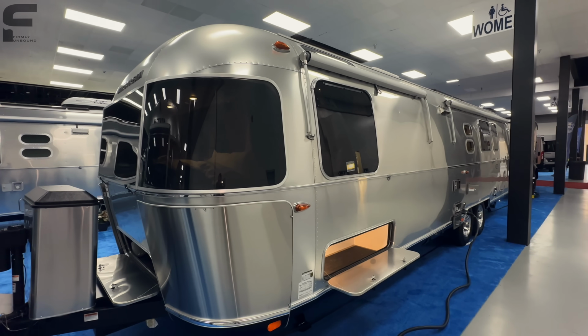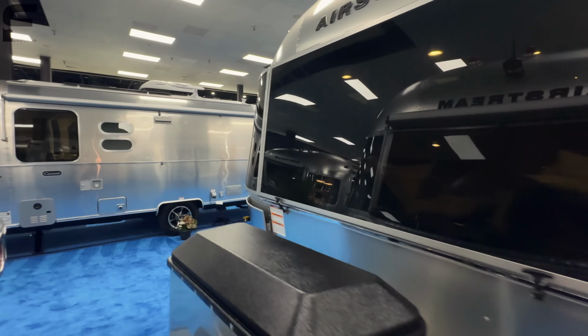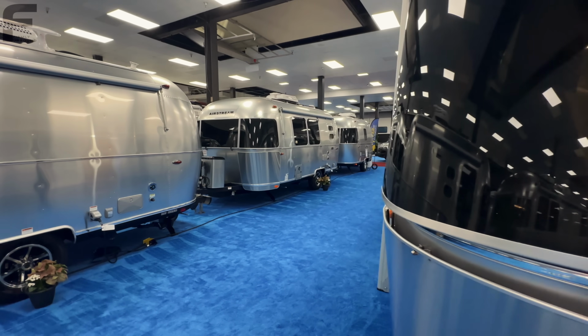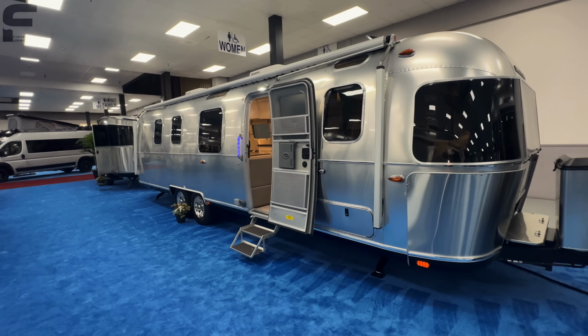This looks like it's a 33-foot model from what I'm looking at. So all the floor plan layouts and specs should have been at the beginning of the video though, as I don't have that information here right in front of me, but I will get it and put it on there. So as we